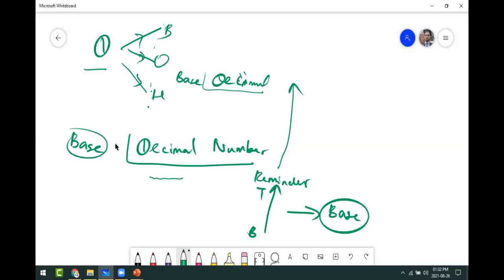If you divide a decimal number by 2 for binary, the base will be 2 here. You divide by 2, and what comes is the value in base 2. If it is octal, you divide by 8, then you will get the value with the base 8. Likewise for hexadecimal. So this is the way we have to convert from